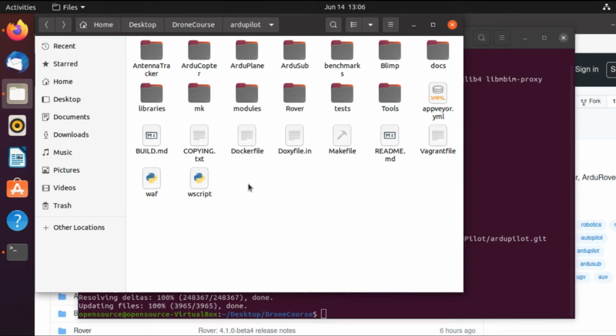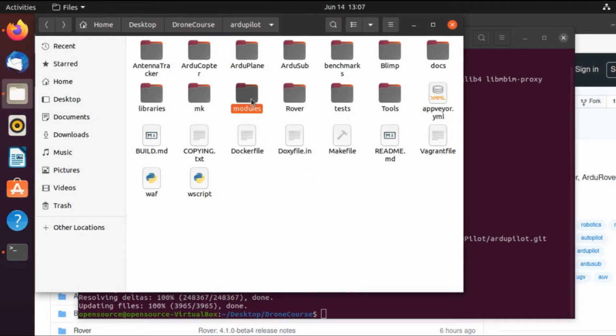And if you notice that there is no build folder here, right? The reason is because it's just source code. We have to build it in order to make it executable for our hardware. And how to build it? We can build it with either WAF or Make. Don't worry, we will see this in the upcoming videos of this series.